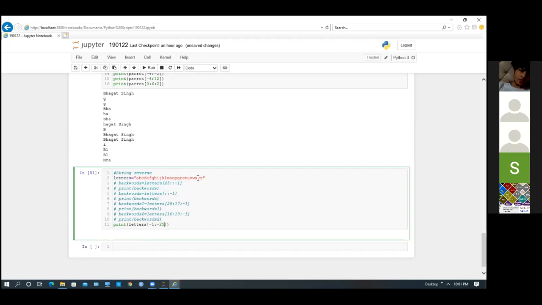So -1 to -25, it won't take like that. Okay. Suppose I do 24. Then also you will be getting something. Print letters. Suppose -1 to -5. Suppose I am writing 1.